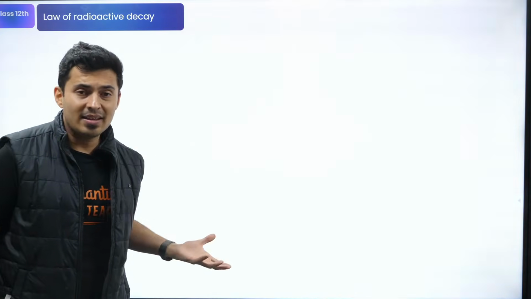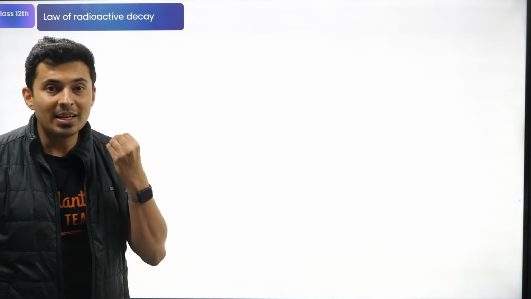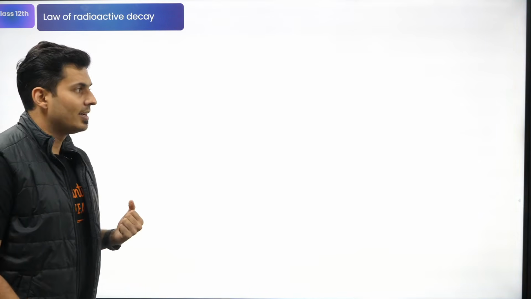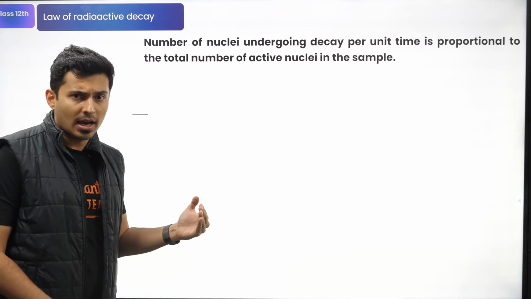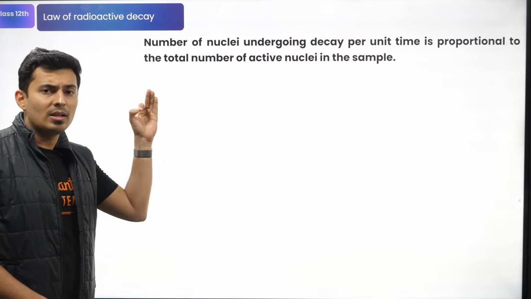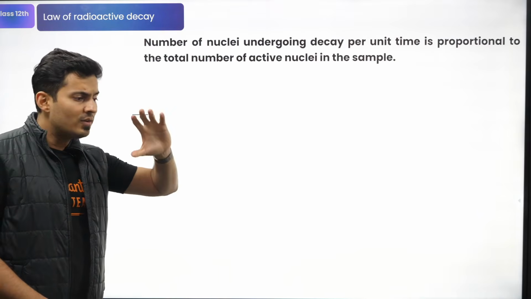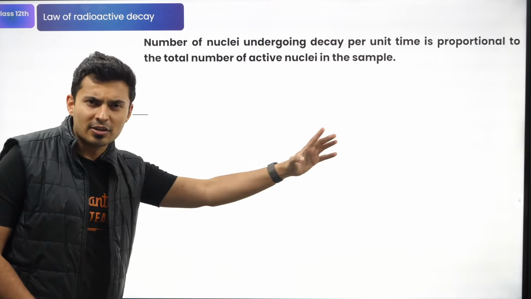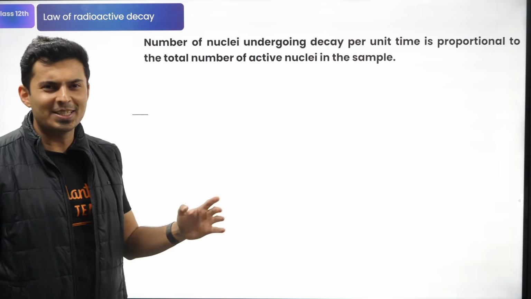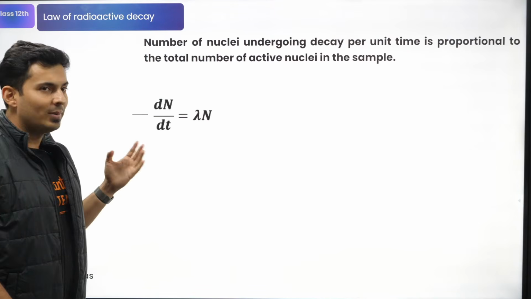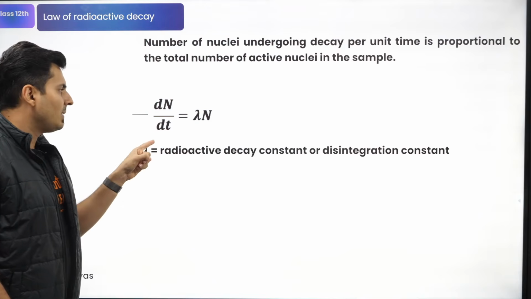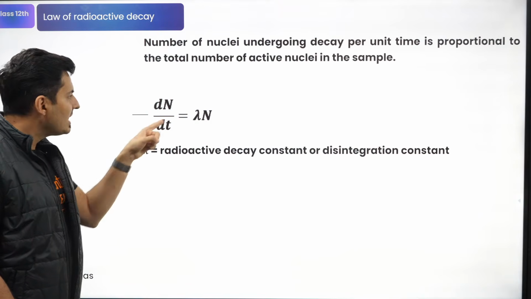They can even cause cancer, and they might be very, very fatal to most of the living beings. Now there is a law which tells you how quickly this decay happens, and that law is called the law of radioactivity, which does not depend on external factors like pressure, temperature or anything else, because it's a completely nuclear phenomenon. So the law of radioactivity says that dN by dt is lambda N,